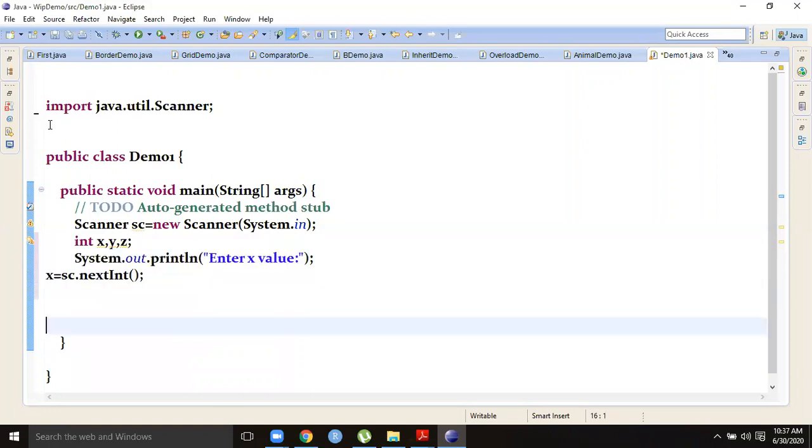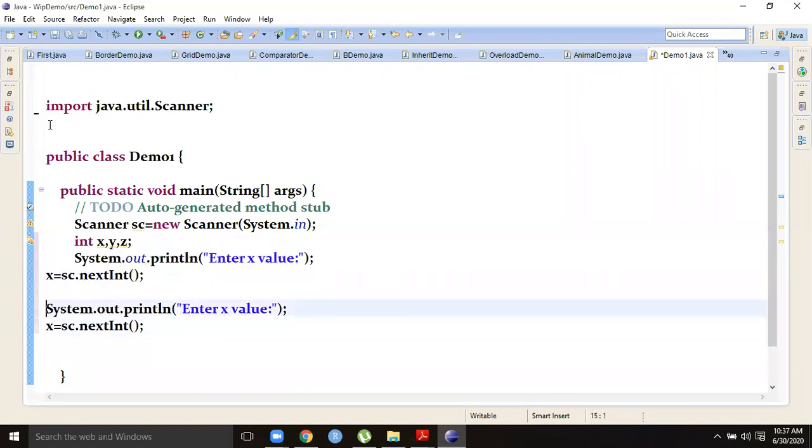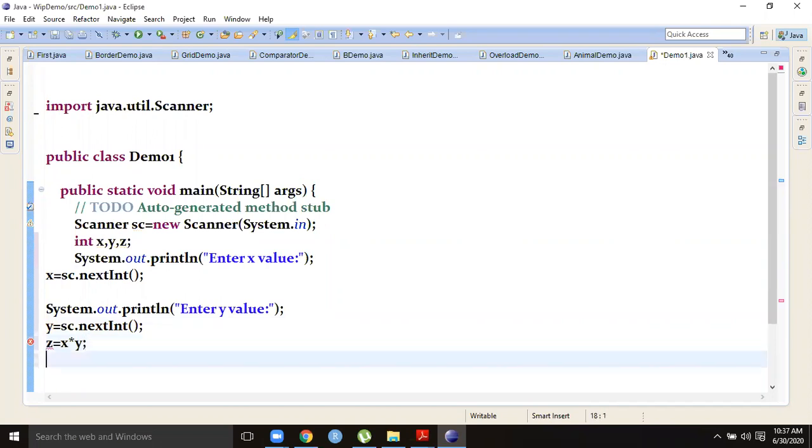Similarly, enter, for example, y value. For this we have to write y equal to sc dot next int. Then z equal to x into y, for example.